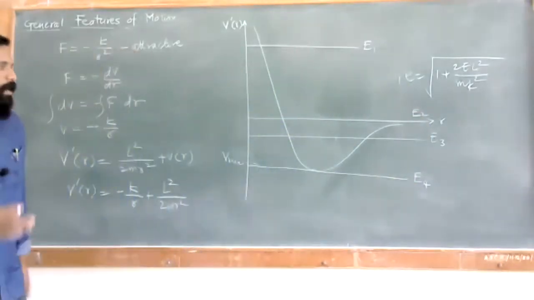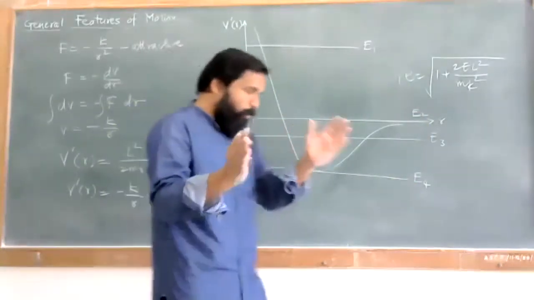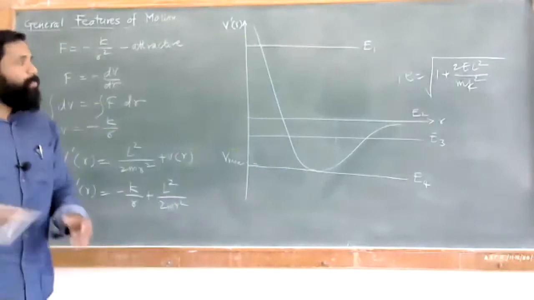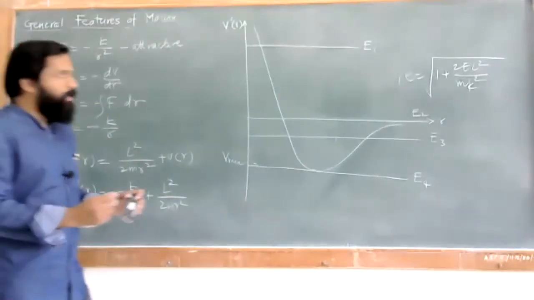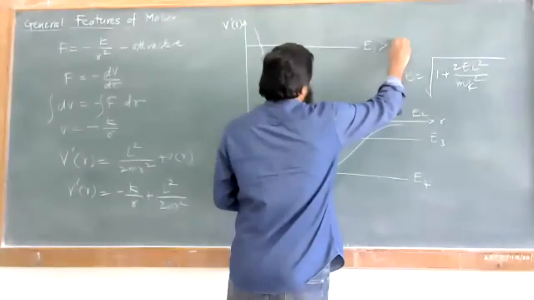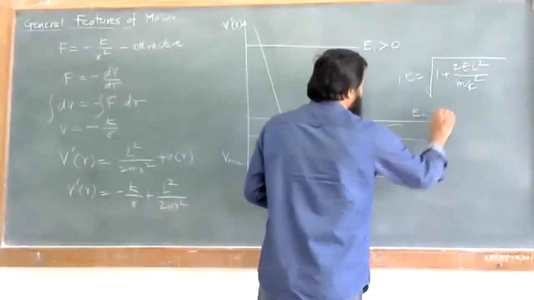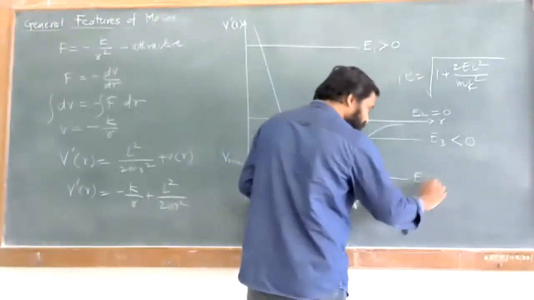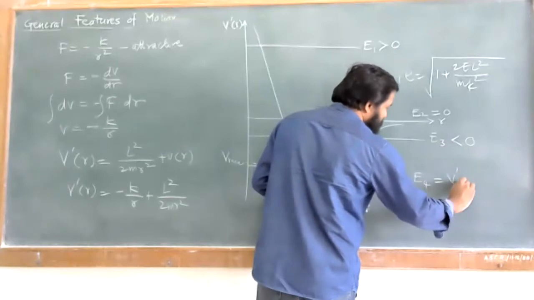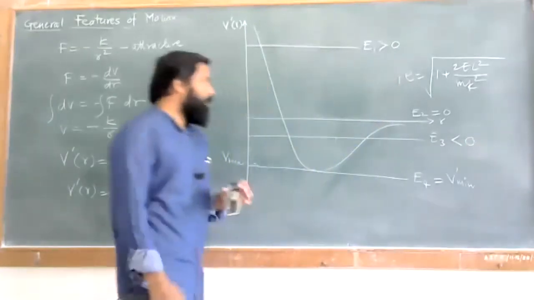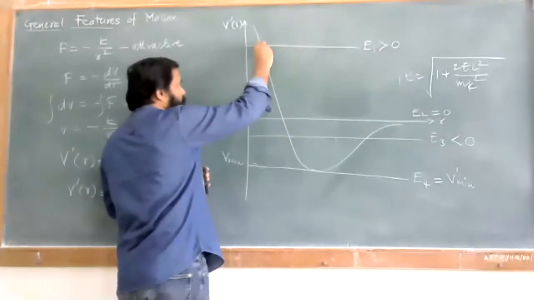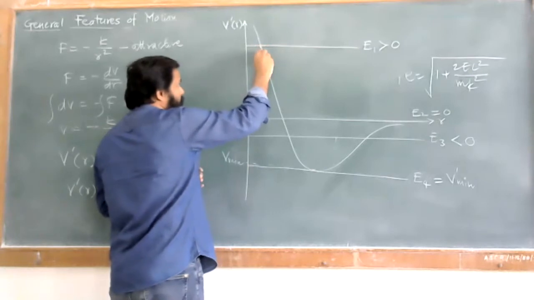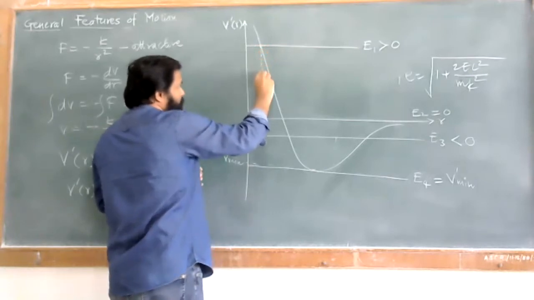Okay, so we can have four different regions, four different points in terms of turning points. So they just said we'll have conditions that are either E1 is greater than 0. Okay, the second one is E2 is equal to 0, E3 is less than 0, this is also less than 0, or you can say that is equal to B dash B. Okay, so depending upon this, we have a turning point with respect to your position vectors. I'll say we have different turning points.